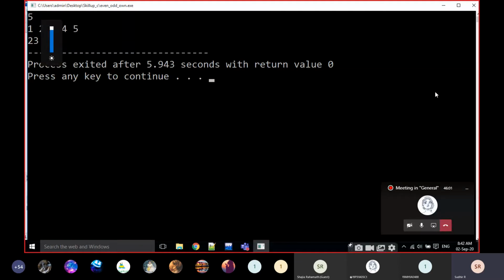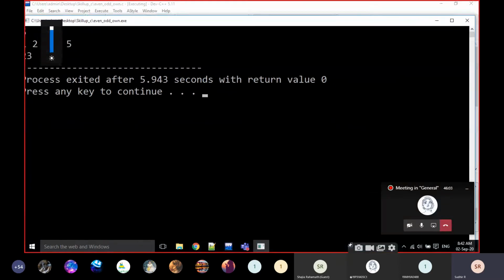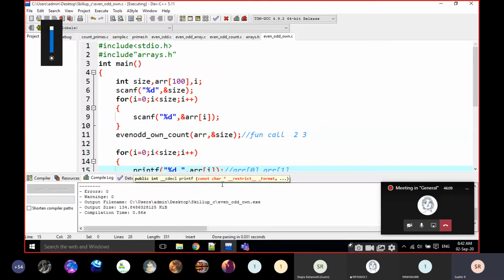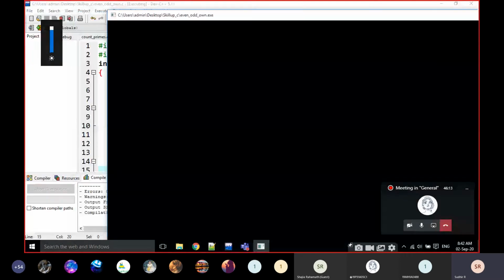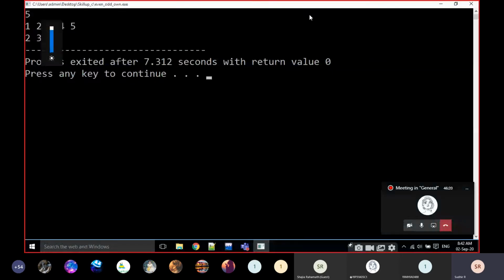The input is going to be 5, 1 enter 2 enter 3 enter 4 enter 5. The output is 2 and 3. I am not giving some space, that's why it is not showing anything. Same thing, the same thing we are going to work on.